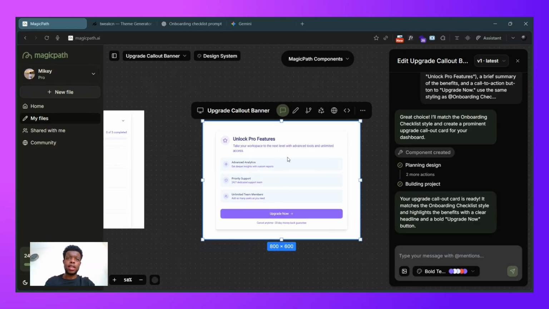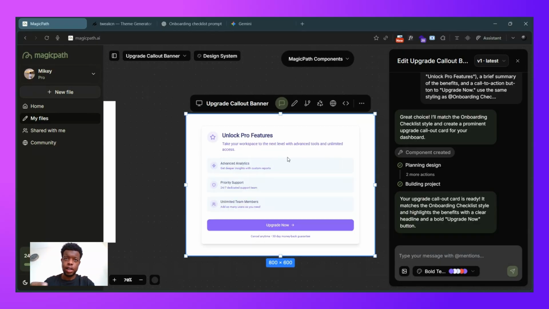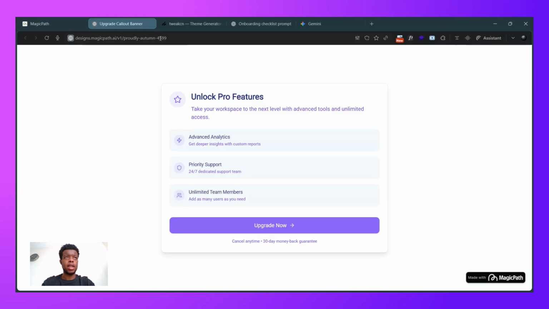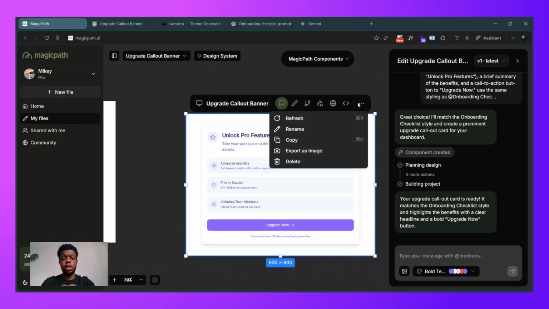And then you can obviously add this to your design or your existing dashboard, or you can use it for feedback from your stakeholders, your colleagues, or your boss. You can use this as quick feedback by sharing your screen. You can also open a new tab and copy and paste the link, and you can also come into here and click on export as an image and then paste it in a conversation chat or share it